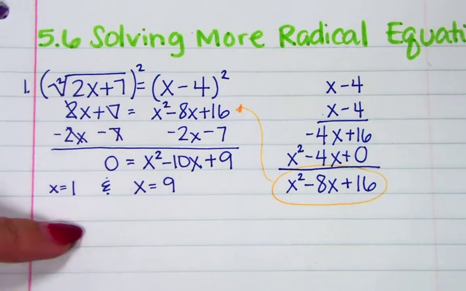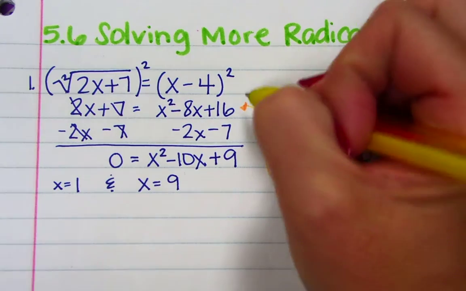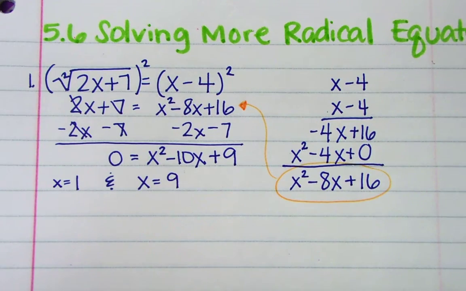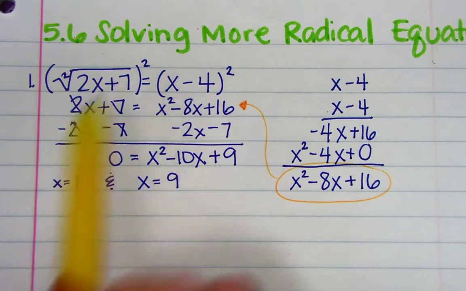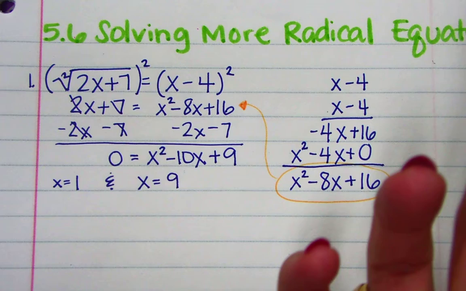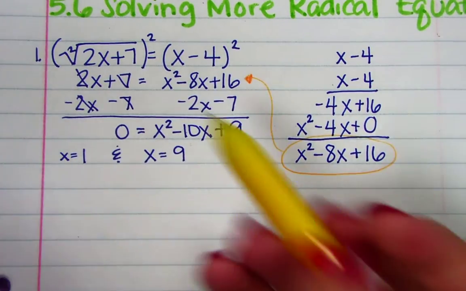Now here's one kind of new thing. We actually did this at the very beginning of the year with absolute values, but there's a possibility that these two solutions work in the calculator, but when you plug them back in, if I plug 1 in for x here, and 9 in for x there, that they may not work algebraically. Okay, that's because of the square root. It kind of funks stuff up. Okay, so we have to check our answer because then one or both of these might not work, and they might be what's called extraneous. So the way to do that is we'll